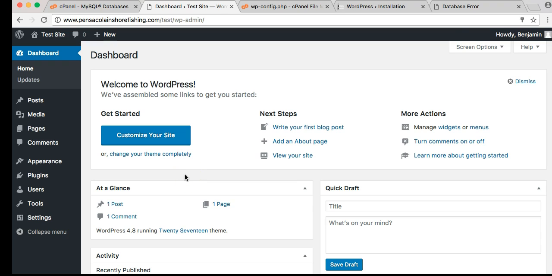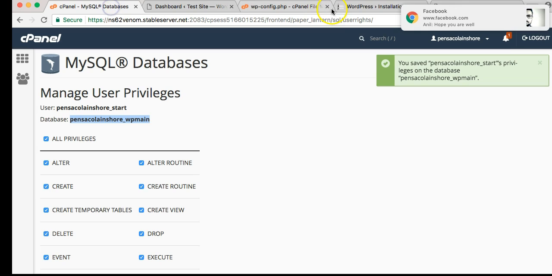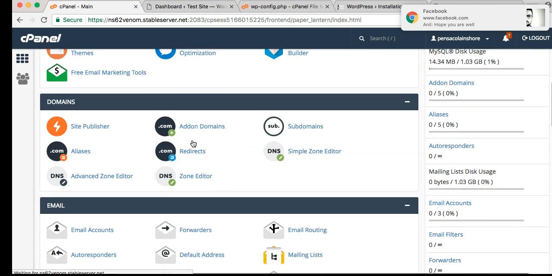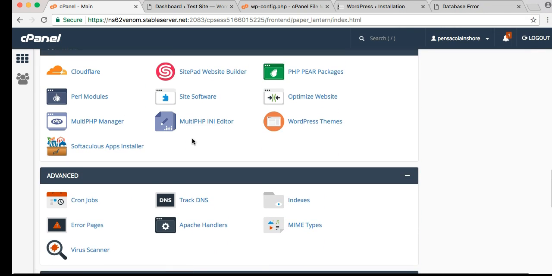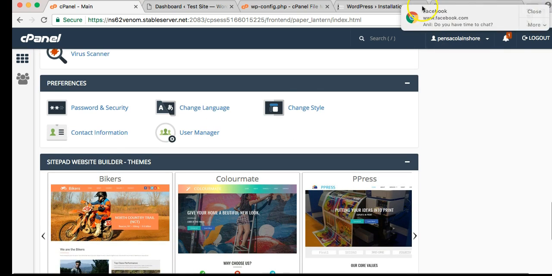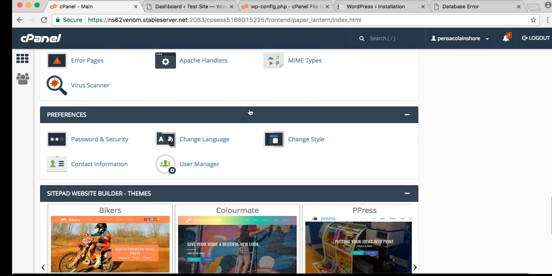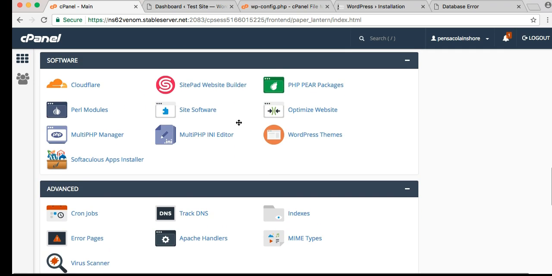For those of you that don't want to do it this way, there is a slightly easier option. And I'm going to show you how to do that real quick before we get off of here. Some hosting providers are going to give you what's called Softaculous. Or SiteSoftware is another one, but we're going to use Softaculous for this one because SiteSoftware doesn't seem to be in here. So we're going to do the Softaculous Apps Installer